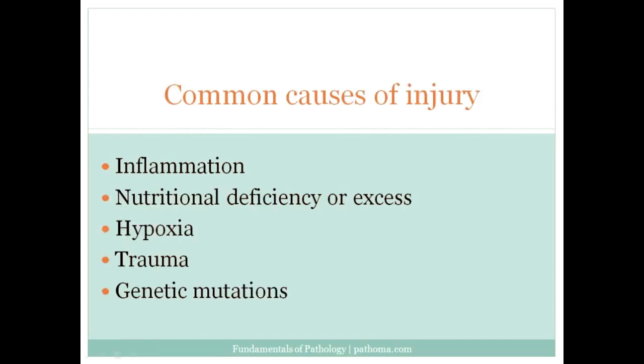All right, so moving on, while we're on this topic of cellular injury, we should remind ourselves that as we go through the remainder of this text, there are going to be many common causes of injury. For example, inflammation is a common cause of injury. You can take any example. If a patient gets an infection, a pneumonia, that's going to injure the lung. At the same time, there are some chronic inflammatory states like autoimmune diseases that would also result in injury.